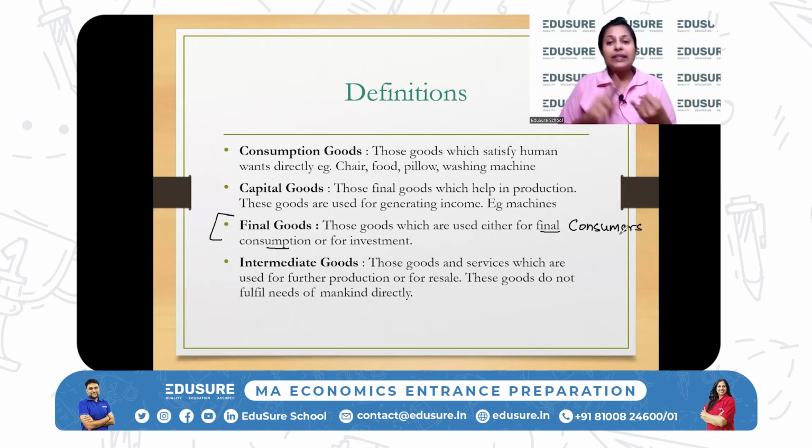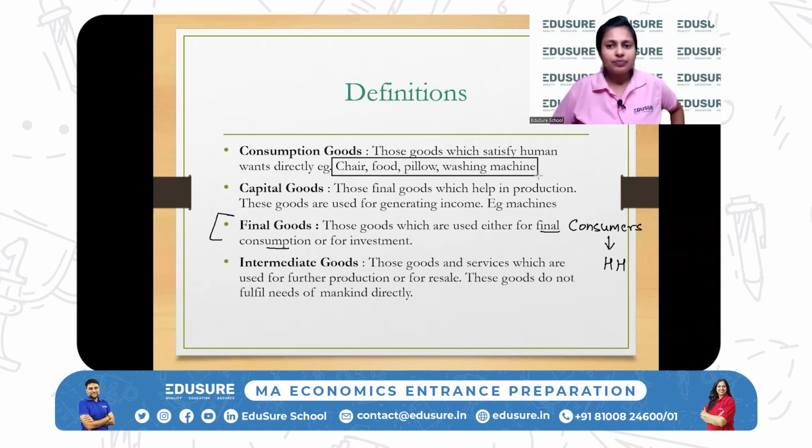So what you buy on a daily basis, you buy a napkin, you buy a pant, you buy a t-shirt, you buy vegetables, you buy anything, kitchen appliance, table, chair, anything that a consumer, or let's put it, a household, anything that a household buys is called a consumption good or a final good. Okay, so chair, pillow, washing machine, everything are final goods when used by consumers. Okay, everybody understood? Okay, then